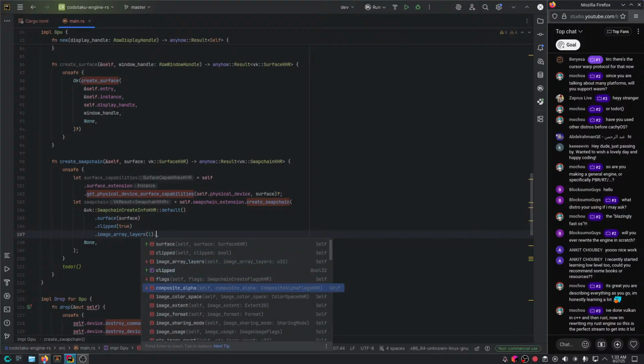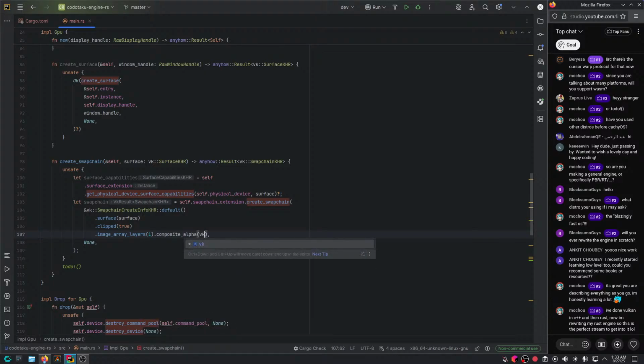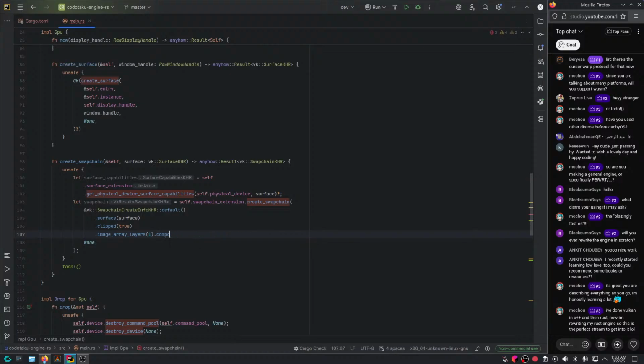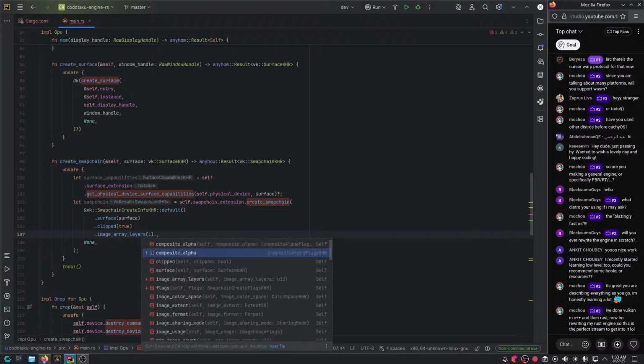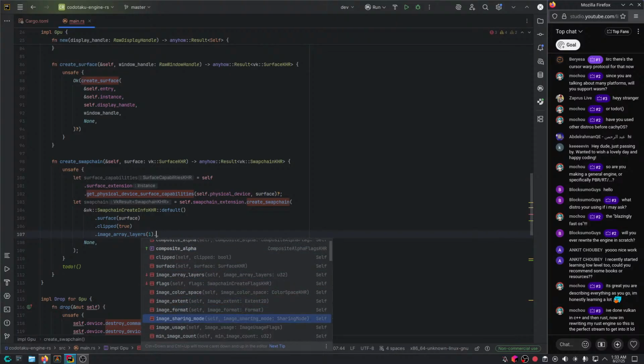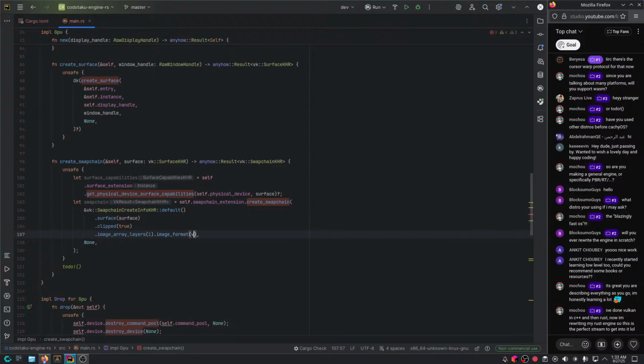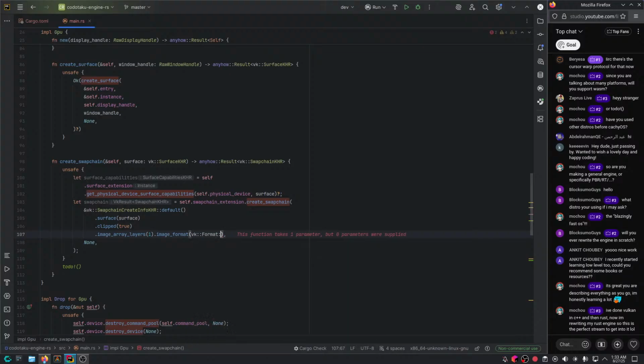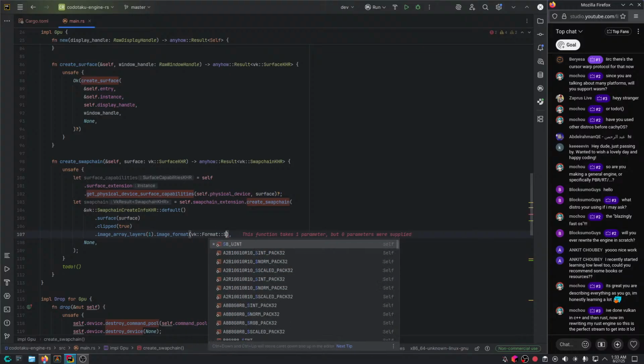Alright, so composite alpha. VK composite alpha KHR. Honestly, I'm gonna keep that. I don't care about that one. We could keep it as default. Next up, image extent. Okay, well, we need these. For now, we're just gonna hard code the format. Really, we don't care. We're gonna hard code it to sRGB,